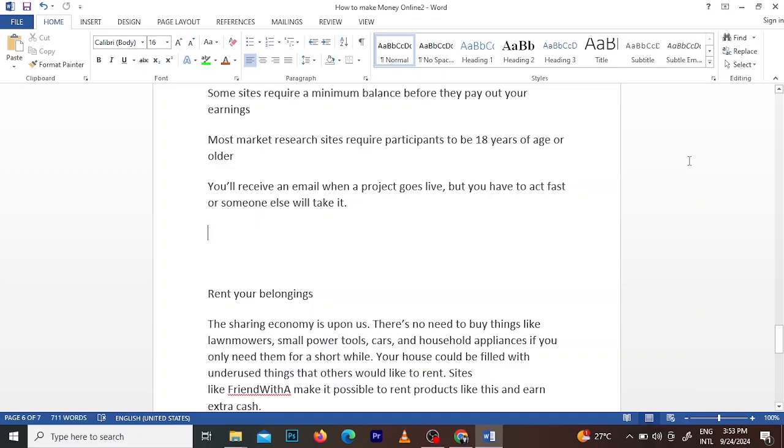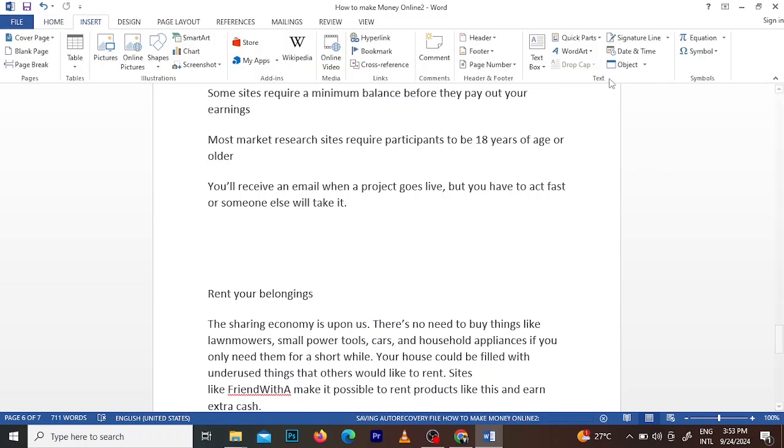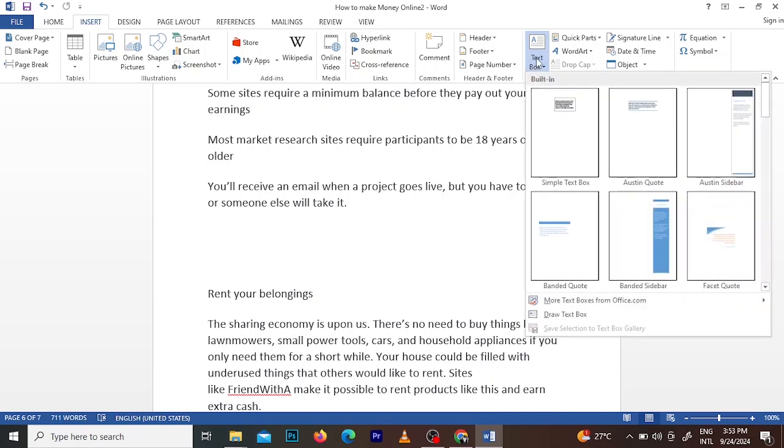Now let us learn how to add a text box. Ensure you are in the Insert tab. Click the Insert tab and then come under the grouping for Text here. Then click on Text box. Text boxes come in many forms. There's this simple text box, there's this Austin text box, Austin sidebar, and there's this band quote, band sidebar, and